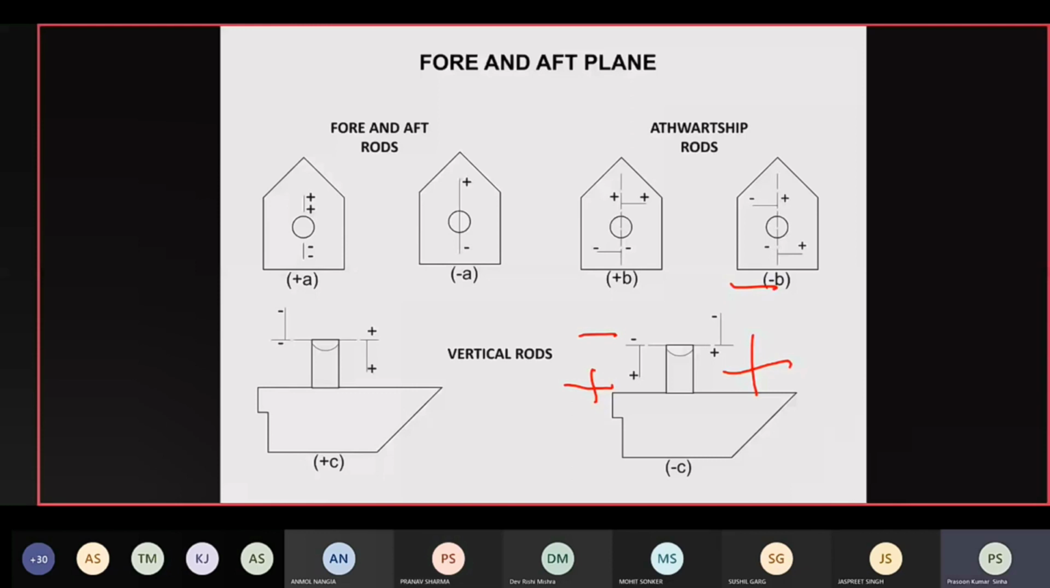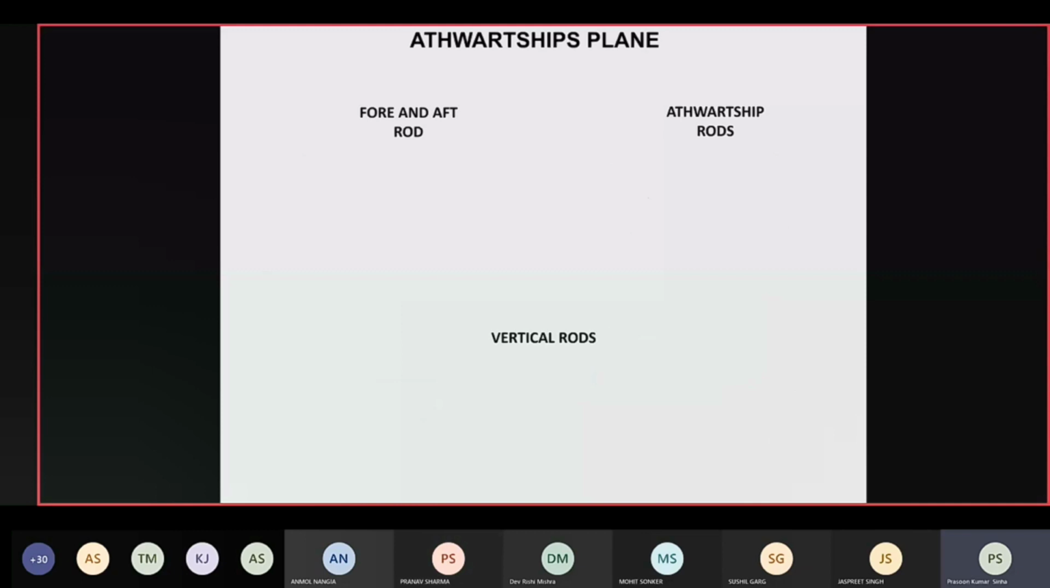There are three kinds of rod: forward aft, athwartship, and vertical, which we have been placing forward and aft of the compass, not at the athwartship. Next will be to understand in athwartship plane. Again, the rod can be forward aft, can be athwartship, can be vertical. Rod can have three orientations. But these three rods we are going to place port and starboard of the compass. So this is the center line passing through the compass. Now we are going to place this